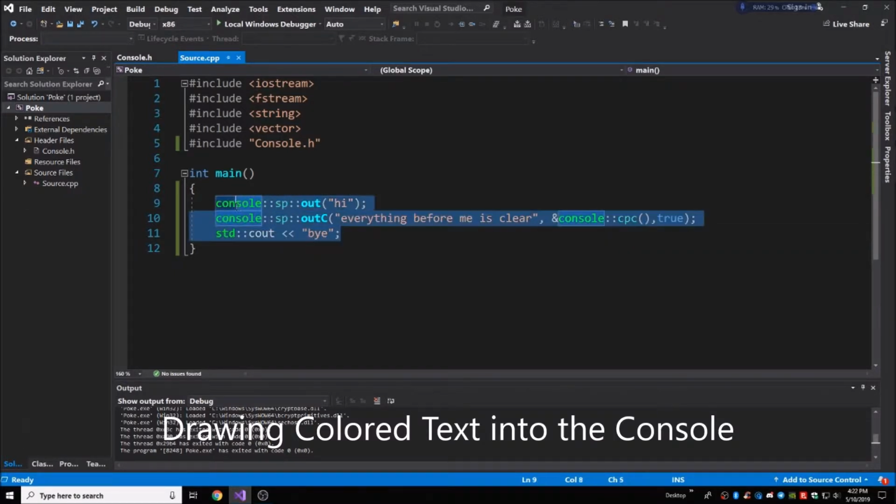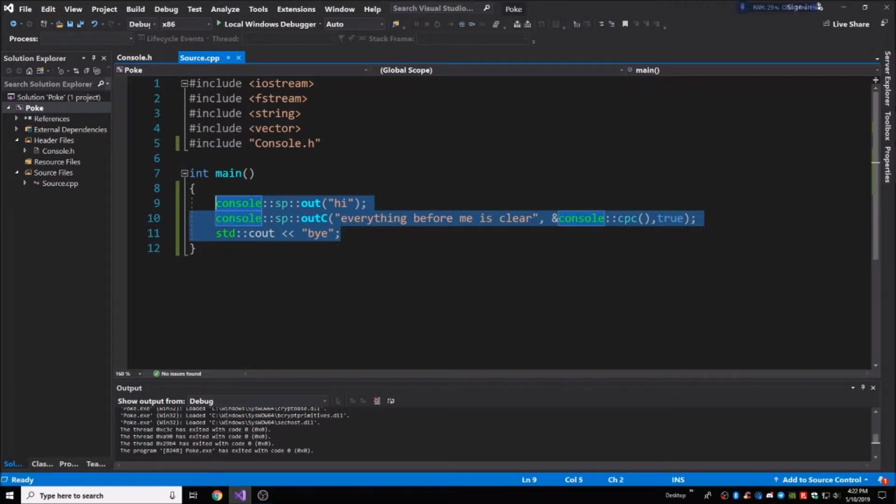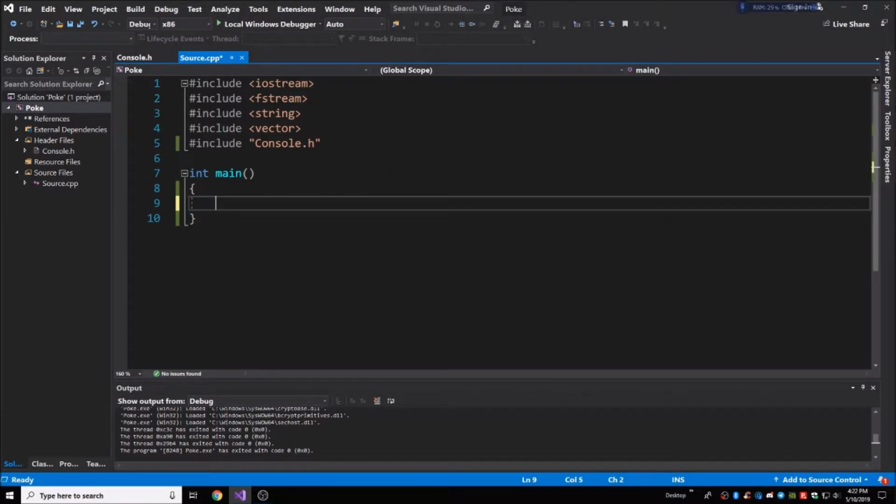Okay. Now we're going to move on to the bulk of this, which is the color-related commands, which may interest most of you, but some of you might be interested in the timer stuff. I'll get to that in a minute. But for right now, let me demonstrate to you how to use the printing of color into your console. There's a few features that you can use to this. So, using the color is very simple. It's literally almost exactly the same as the out, except using the commands that print out color requires you to